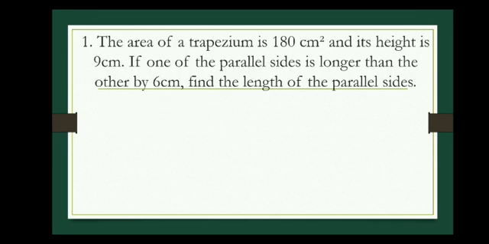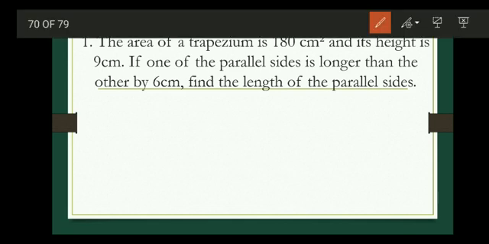See the first one. The area of a trapezium is 180 centimeter square and its height is 9 centimeter. If one of the parallel sides is longer than the other by 6 centimeter, find the length of the parallel sides. So they are asking us to find the length of the parallel sides, and they have given the area of the trapezium and the height. And they have given additional information that one of the parallel sides is 6 centimeter longer than the other. Okay, so first we'll draw a trapezium